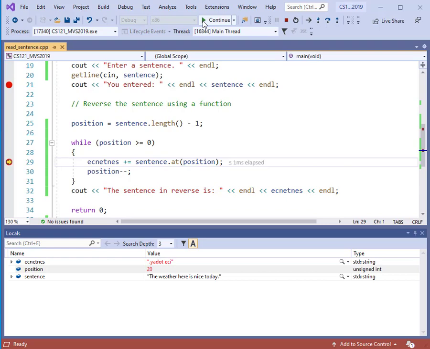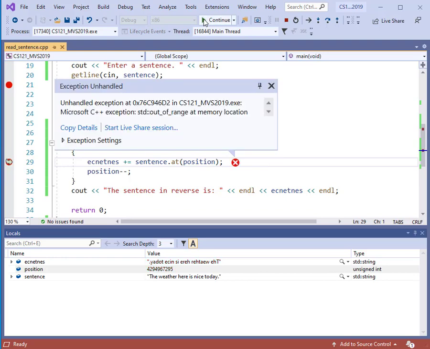Okay, so it looks like it's doing pretty good. All right, so there's nice spelled backwards. So it looks like it's plugging along and it's going to reverse the sentence just fine. So let me just keep going here. I'm going to keep clicking. Okay, then we're going to get the weather that's spelled backwards. And then finally the word the, T-H-E. Okay, so we press that. And then,